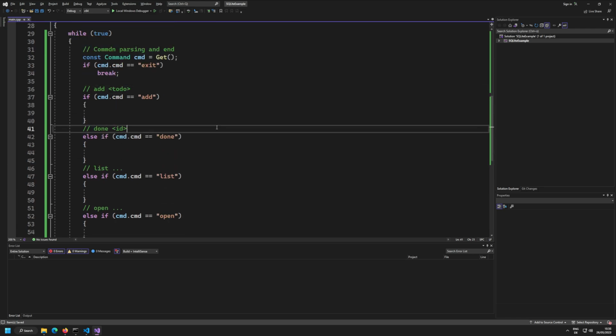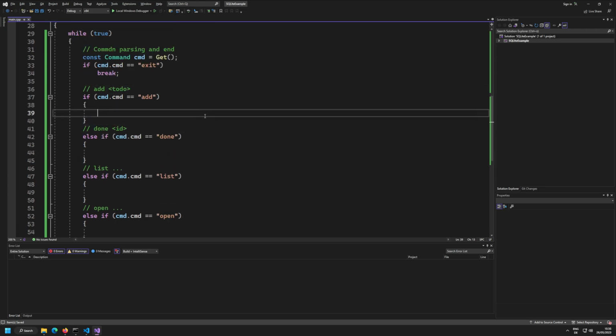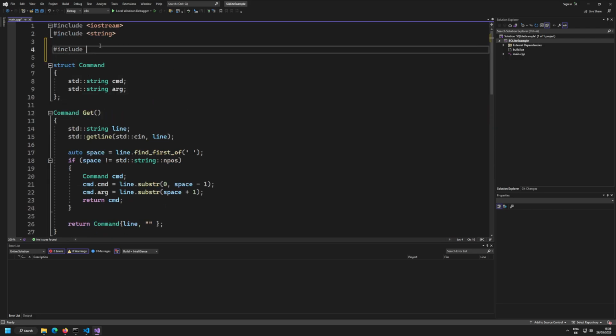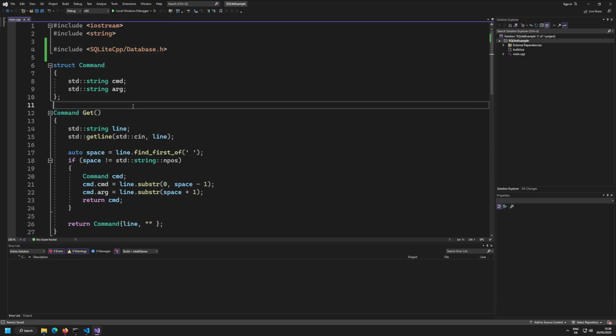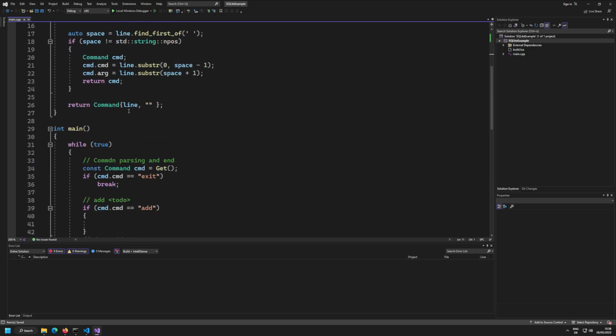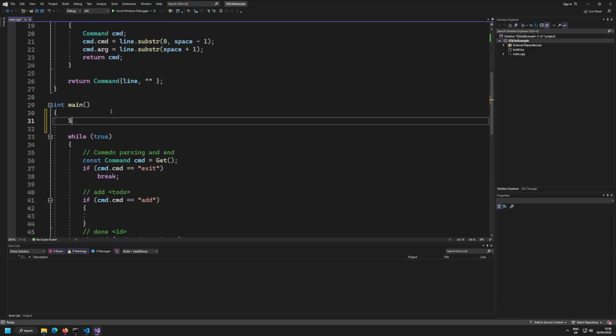And this is something that I now want to integrate with my database. Now first we need to include it, so SQLite is the folder where all the source code is contained, and what we want to include is database. This is the very basic usage to open up a database. Now how do we open that? SQLite is the namespace, and then what we want to have is a database called db,